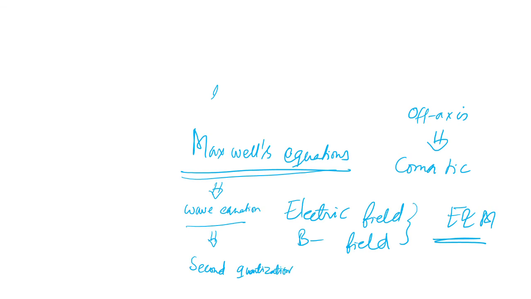Right? Second quantization means you're treating waves as if they are particles. First quantization means you're treating particles as if they are waves. For example, if you have an electron, you could say, oh, this electron behaves like a wave. And that is first quantization. Second quantization is you have a wave, but it appears to behave like a particle. Right? So I would like to discuss second quantization, and my goal is that by the end of this course,